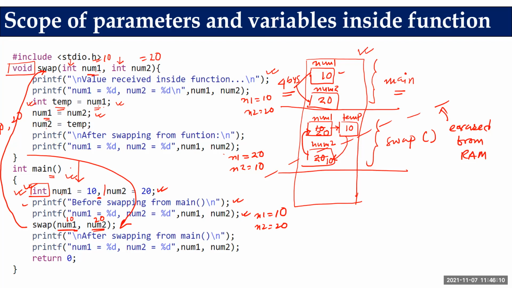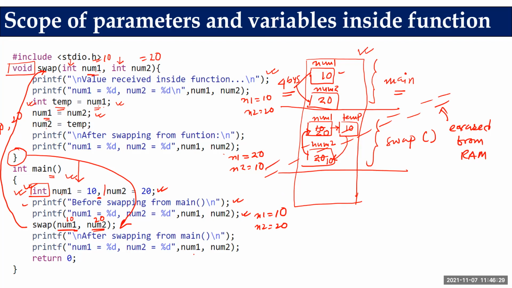When we are returning from the function, here we do not have a return statement, but still we reach the closing curly bracket, meaning the body of the function is completed. So I need to return back to the calling function. So this particular memory block will be erased. So now it is not a matter of concern what we have done inside the function. Now it is erased, nothing is there.